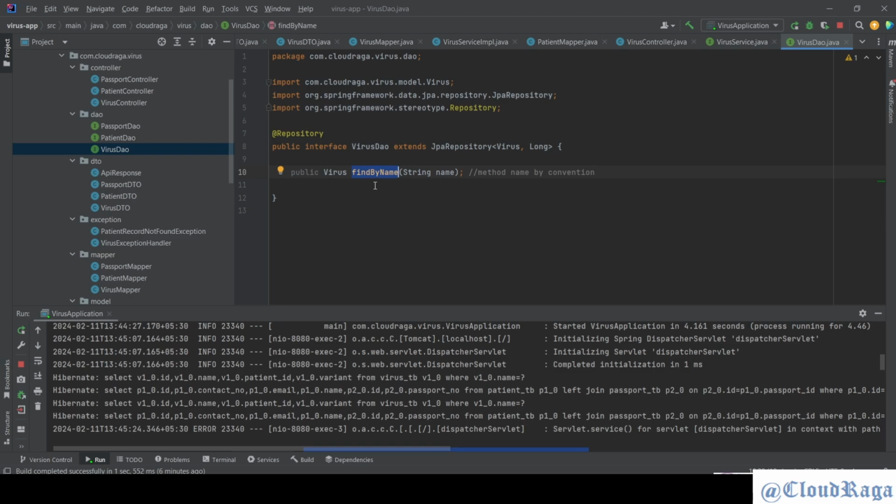Think about if you have to use multiple joins. Let's suppose we have 3, 4 tables and you need to fetch details from every single table by using join column, join constraint. That will be really tedious by using JPA. So if I have to do that, I will write custom queries. Okay, JPQL and